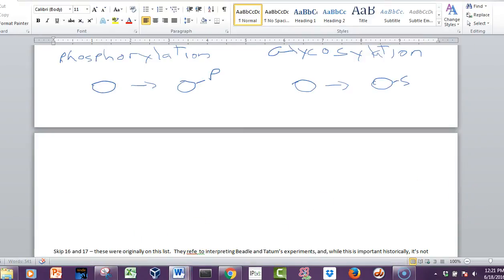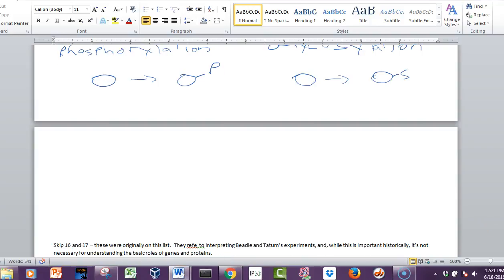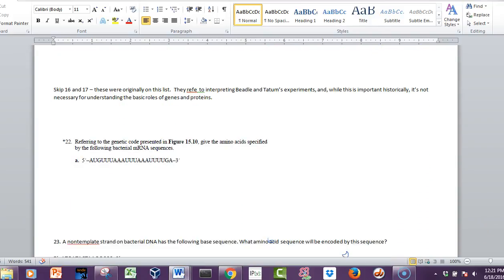Alright, so numbers 16 and 17 were originally on this list, and they're kind of detailed problems about those Beadle and Tatum type things for the one gene, one enzyme hypothesis. We're not going to worry about that too much. Certainly go over that, and when it comes time to study for the MCAT or something, that historical stuff might show up. But for the most part, if you just get the general idea